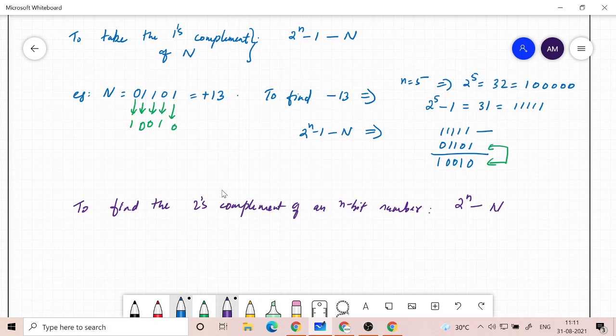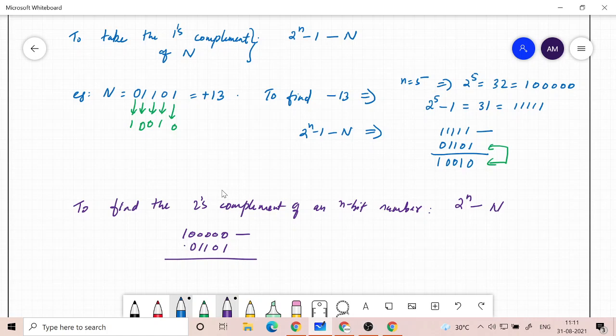Ideally speaking, if you want to do the same example for minus 13, how do we represent it? What we need to do is basically 1 followed by 5 zeros, and from that you need to subtract this 0 1 1 0 1. So this is what we need to do to implement 2 raised to n, means this one followed by n equal to 5 zeros, and then n is given as plus 13. Okay, you just need to subtract, but this subtraction is tedious.